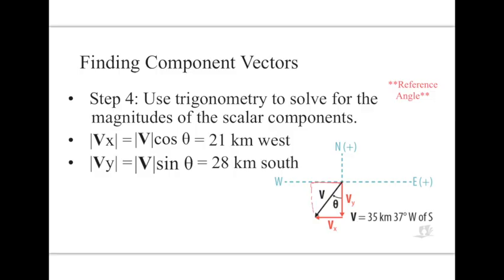In our reference angle, our x movement is always going to be adjacent, our y movement is always going to be opposite. So when you set up the cosine of something, that is going to be your adjacent side over your hypotenuse, if you remember SOHCAHTOA. Your sine is always going to be your opposite over your hypotenuse, right? And that will equal that